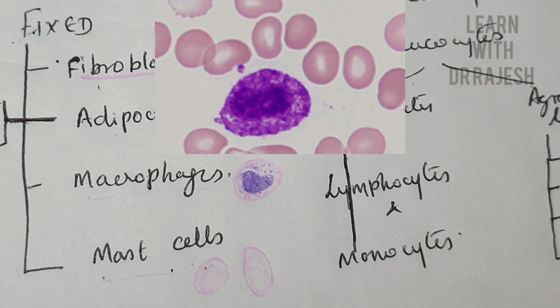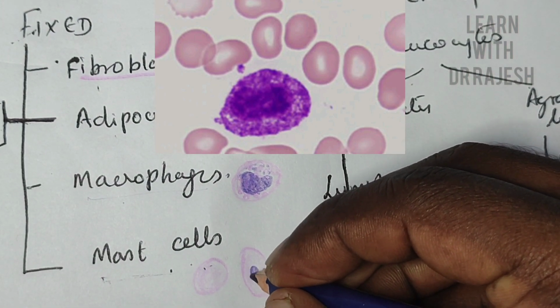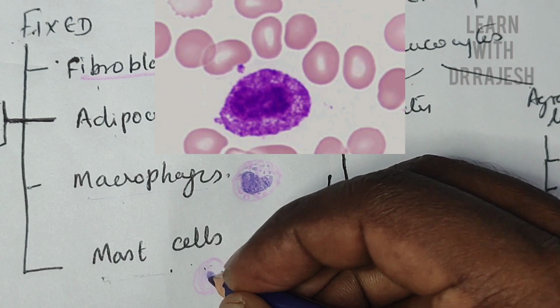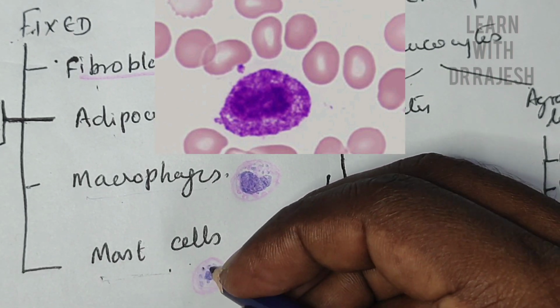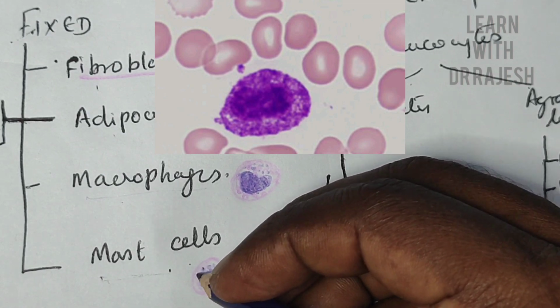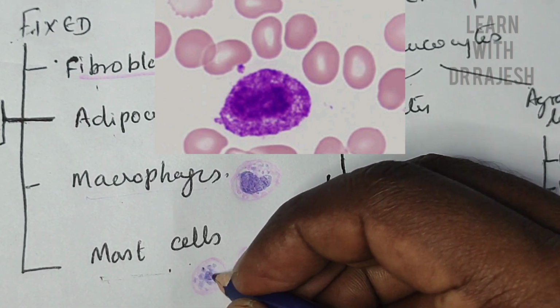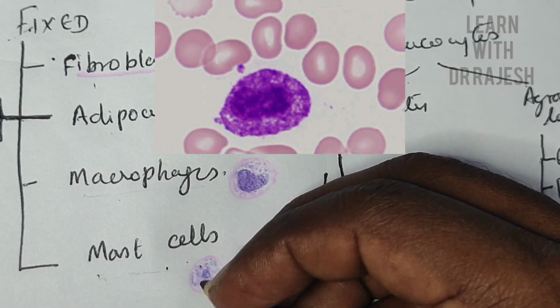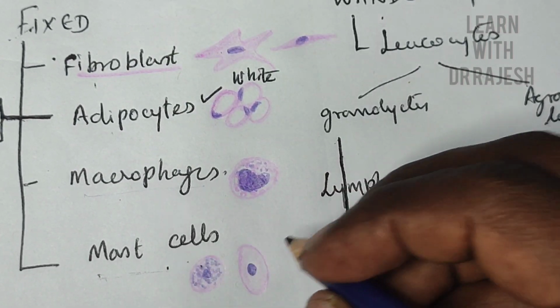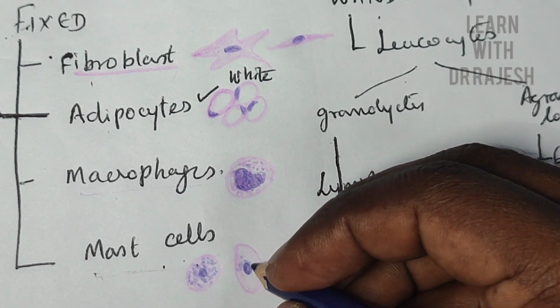The nucleus is rounded and is seen in the center of the cell. And there will be many secretory granules. These secretory granules may sometimes even mask the nucleus, so the nucleus may not be seen very clearly because of the abundant secretory granules present around in the